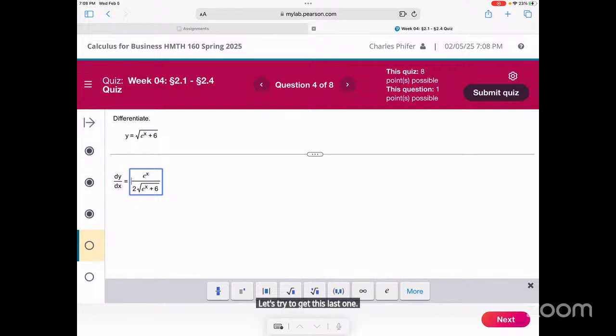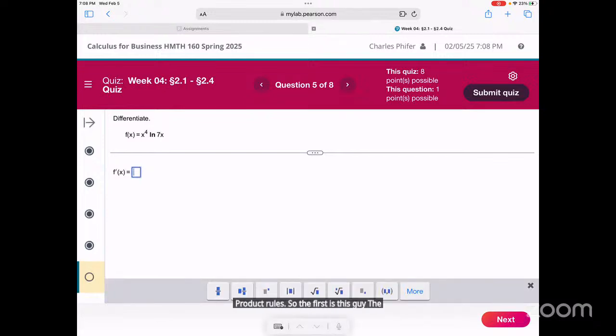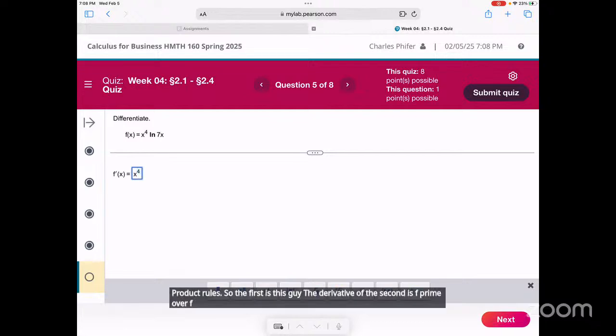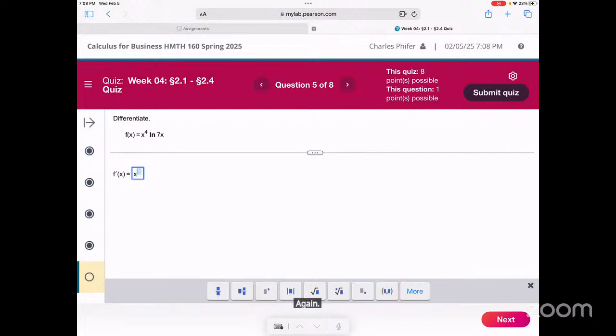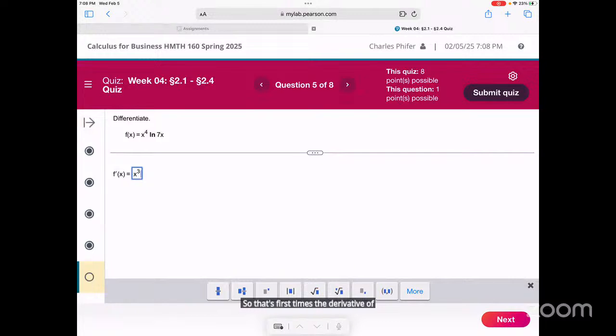Okay, it looks like we're going to use the product rule. So first times the derivative of second, and so on. Product rule. So the first is this guy. The derivative of the second is f prime over f. So 7 over 7x, which reduces down to 1 over x. So this becomes to the power of 3. All right. Again, it's going to be 7 over 7x. The 7's cancel. So then we're going to have x to the 4 over x, which becomes x cubed. So that's first times the derivative of the second plus the second